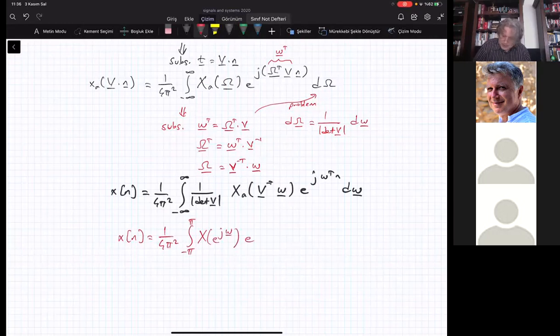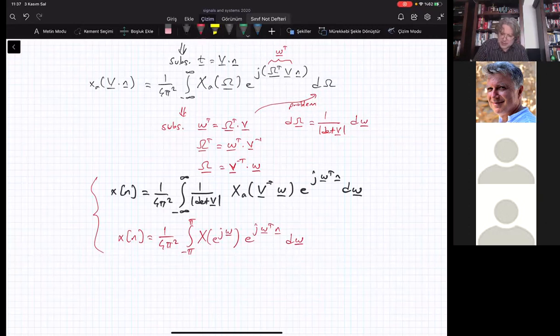And e to the j omega transpose. These are, by the way, vectors. I forgot to mention them. So let's make everything a vector. Omega transpose n d omega. Okay. So these two equations both correspond to x of n, and it gives us a relation between the Fourier